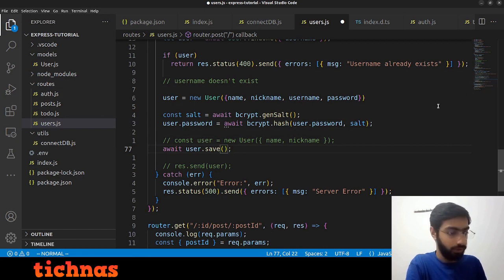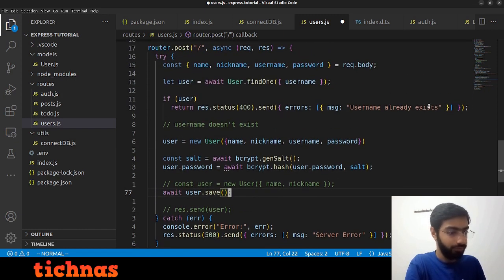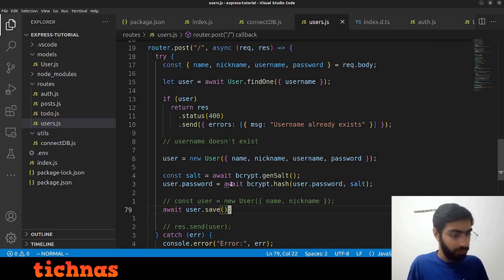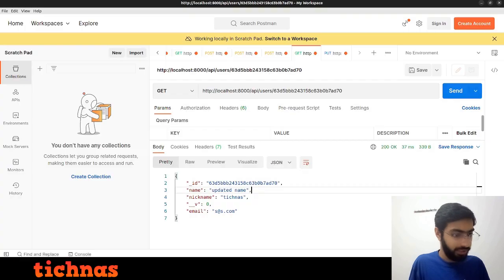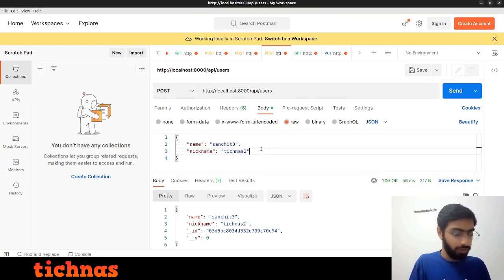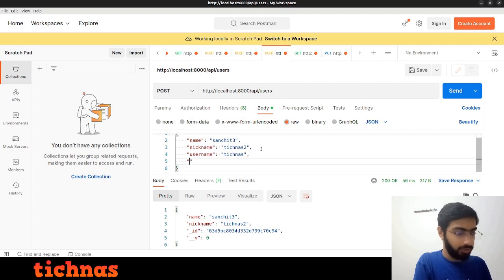So save it now. Actually res.send user, and let's create it. Name this, username, let's have tichnas only, password equal to admin, let's say. Now if you send it,